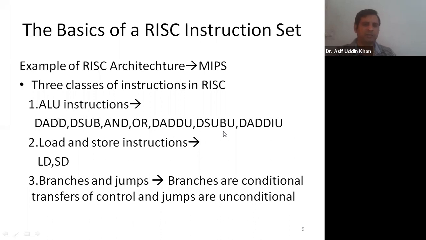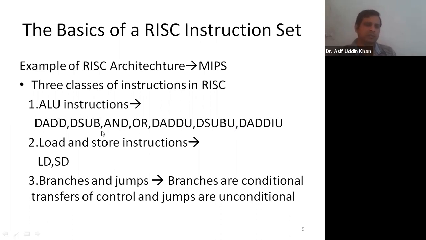The ALU instructions are those instructions which are used by the ALU, that is the arithmetic and logic unit. You can see DADD. This instruction is used for the add operation. D is the precision, D means double, so double precision: double add the double data. You can use add or double add, so different commands you can use. These are some of the commands. So DADD or ADD is an instruction, or DSUB, or DADDU, that is add unsigned, then sub and unsigned integer. These are different types of instructions, and all these are ALU instructions.